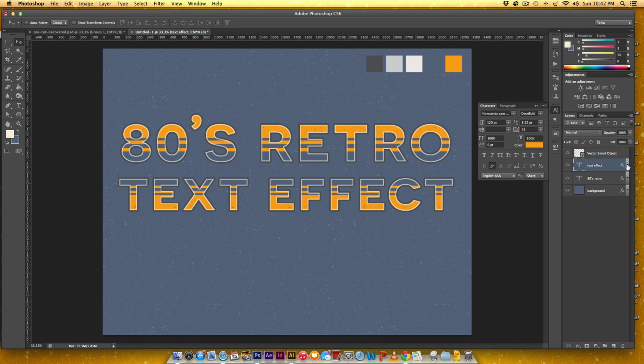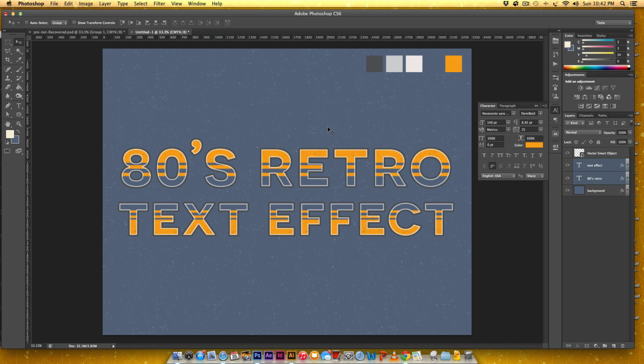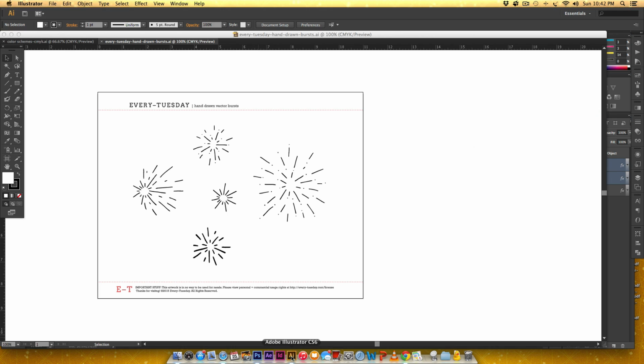I'm going to close this up, and the last thing I'm going to do is throw in a burst in the background, which will just add a little extra interest to this. So I released a set of free vector bursts a few weeks ago, and I'll leave the link for this too,